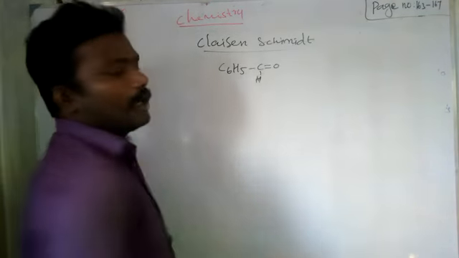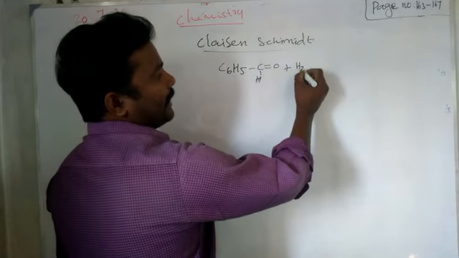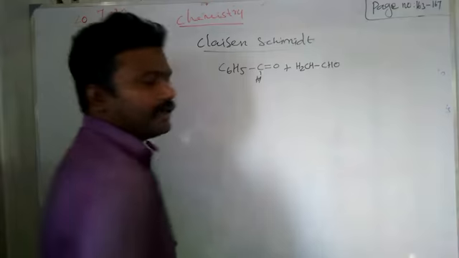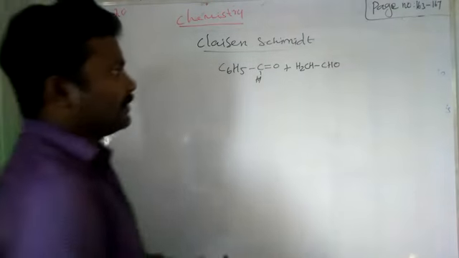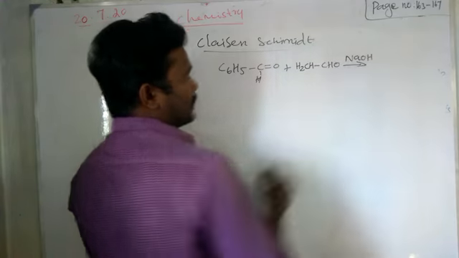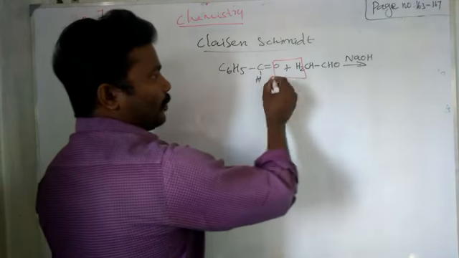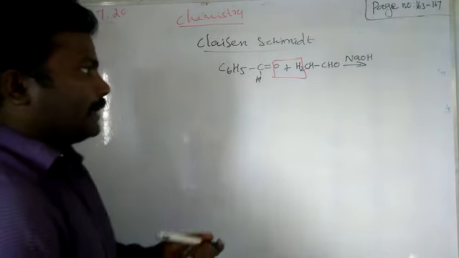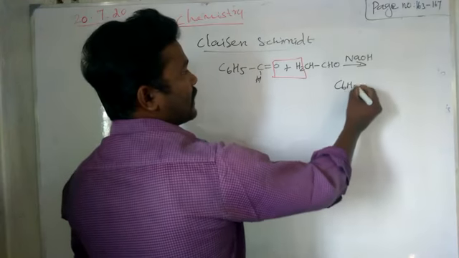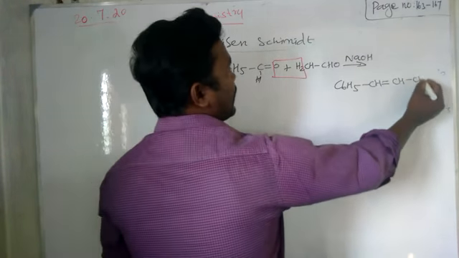Okay, benzaldehyde. Now it reacts with the acetaldehyde. Acetaldehyde, you can write CH3CHO. That CH3 only is written H2CH in the presence of the base NaOH. What will happen? This oxygen will combine with these two hydrogens. It will form water. So the remaining you just add. You will get the product C6H5 CH double bond CHCHO.